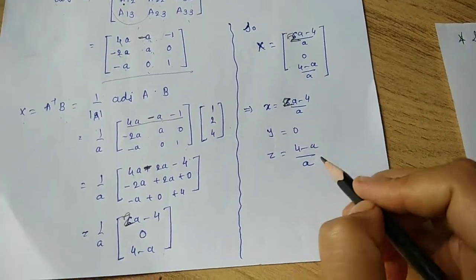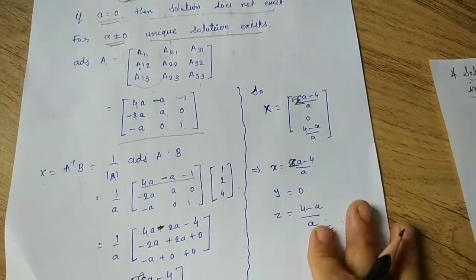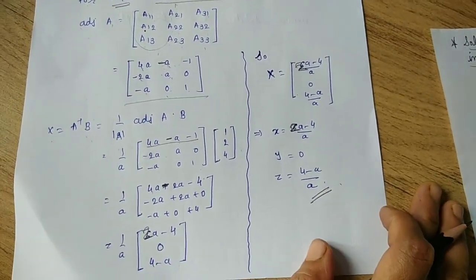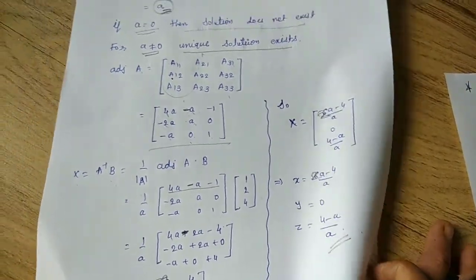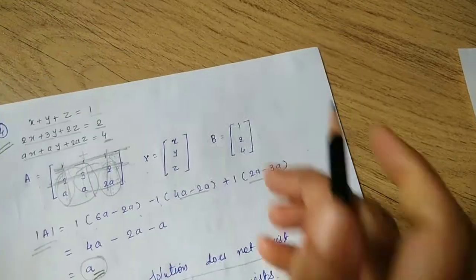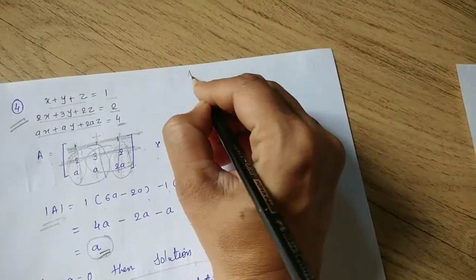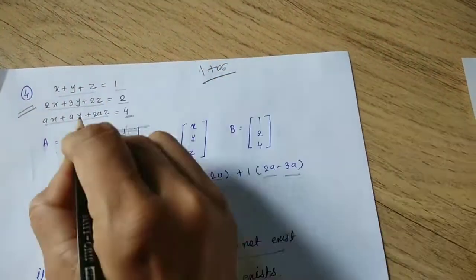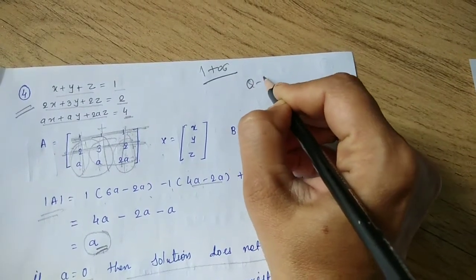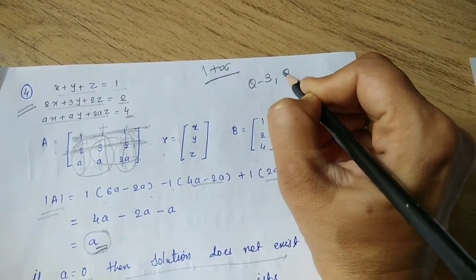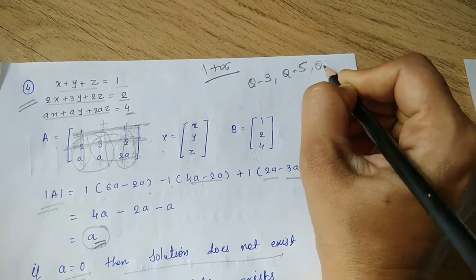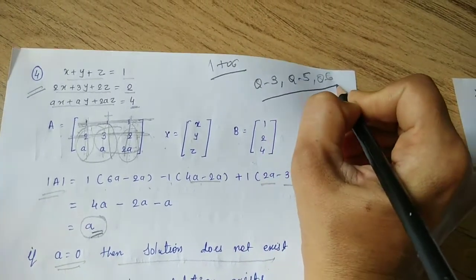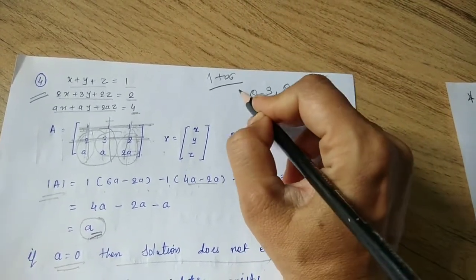So in this way, students, we can find the solution of the system of the linear equation. So in this question we stop here. Now in this exercise, question number 1 to 6, question number 4 तक हमने देखा है. I have not done question number 3, question number 5 and question number 6. So these 3 questions I am giving to you for solution.